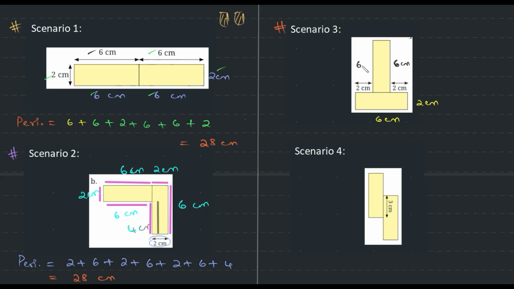The opposite side is also 6 centimeter. This is 2 centimeter. And the top is 2 centimeter again. I think we have it all. Yeah. So let's have a look. Let me run down. This length we have, this length we have, this length we have, this length we have,